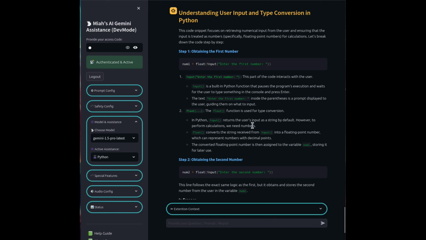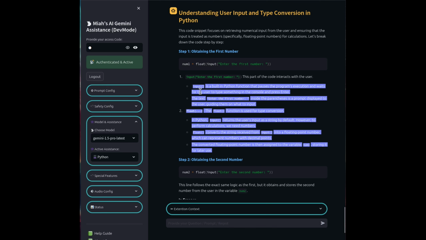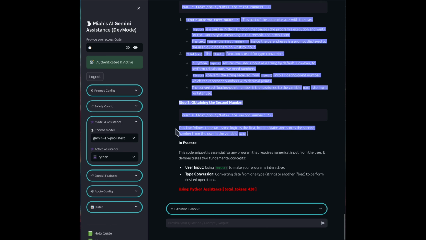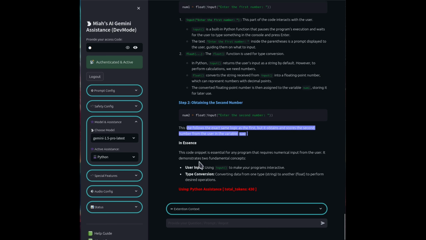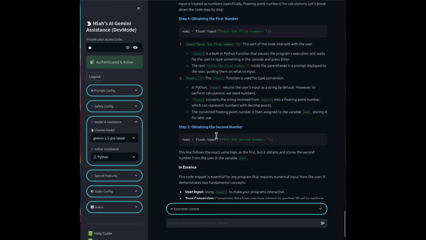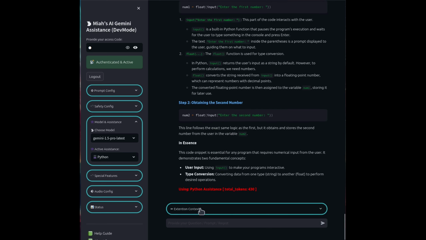So input in Python returns the user input as a string by default. However, when performing calculations, like we noted earlier, we need a number. So float converts the string we received from input. So now we understand what that is, right? It's just going to repeat the same thing. The line follows the exact same pattern, so it doesn't need to re-explain. And then it explains all of that. Yeah, so it's very useful because, for example,